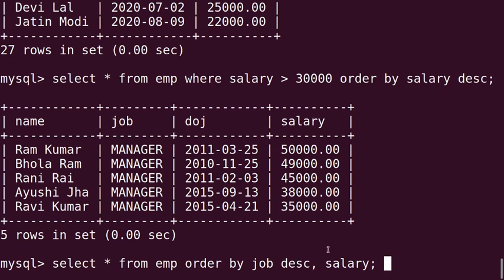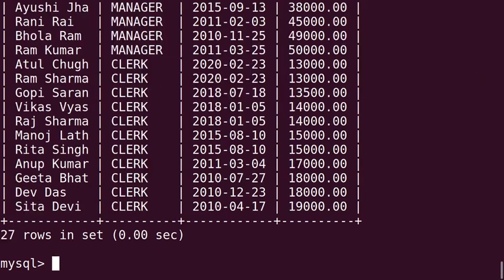So the records will be sorted based on job field in descending order first, and then within the job field the records will be arranged in ascending order of salary values. See the output.